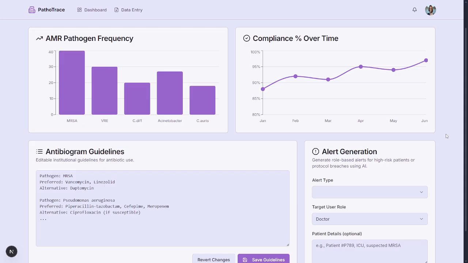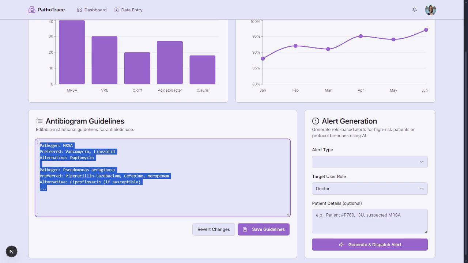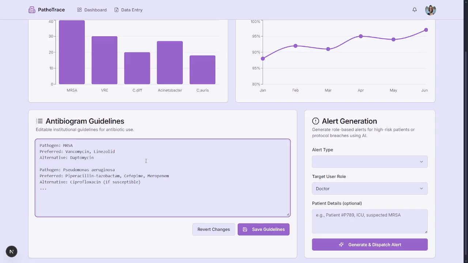For this, the team needs to update certain information. Like, for example, the antibiogram guidelines are given below. You can see for a pathogen, in case a person has got a methicillin resistant Staphylococcus aureus, then the preferred medication would be vancomycin. And similarly, if the patient has an allergy to vancomycin, alternative drugs like daptomycin are also suggested in the guidelines. And this information will also be visible in the dashboard, which we will show later, to all the doctors who will be prescribing the medication.